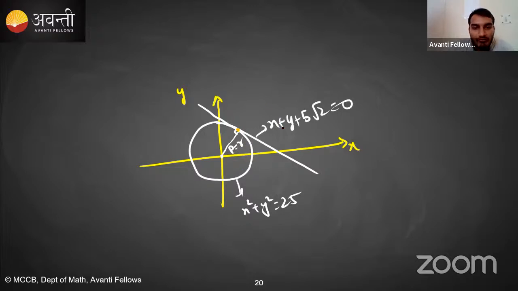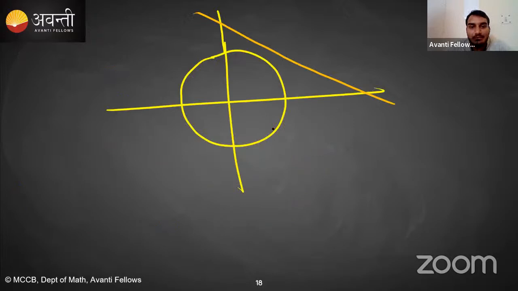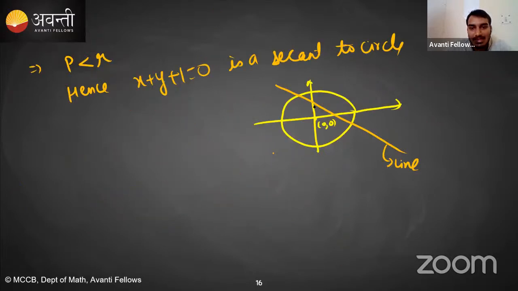It implies if you solve this line and circle, you should be able to get only one value of x. Is that clear? Similarly, when the line was secant,